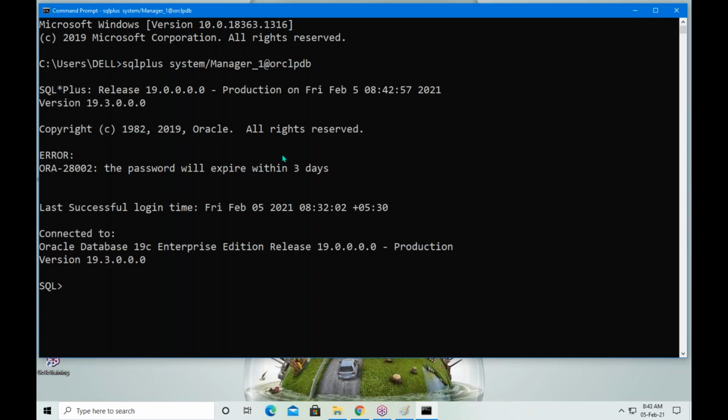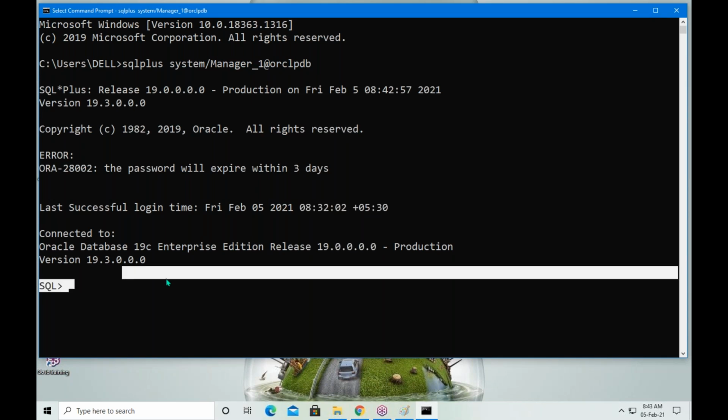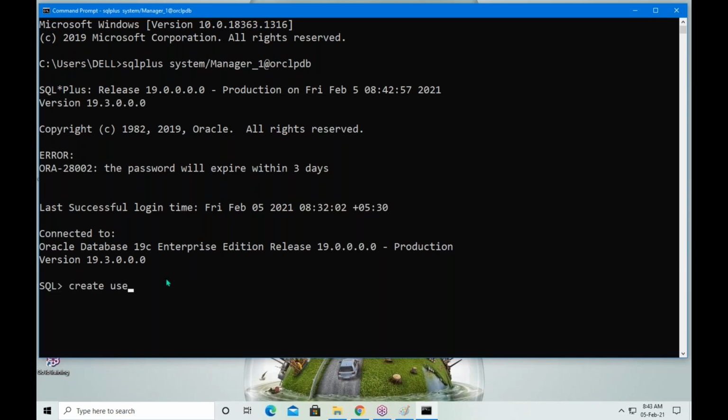Connected. Now the DBA is creating a user account. Create user money identified by money123. This is the username and this is the password.